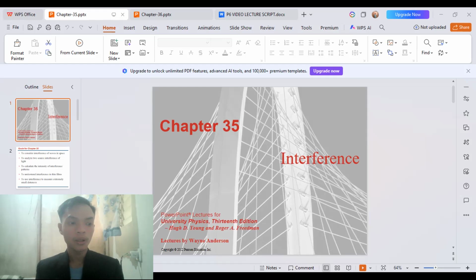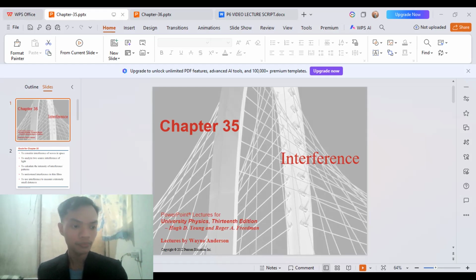So, to conclude, interference reveals the wave nature of light, from soap bubbles to precision optics. It's a cornerstone of modern physics. Understanding interference equips us to design better instruments and appreciate the beauty of wave phenomena.